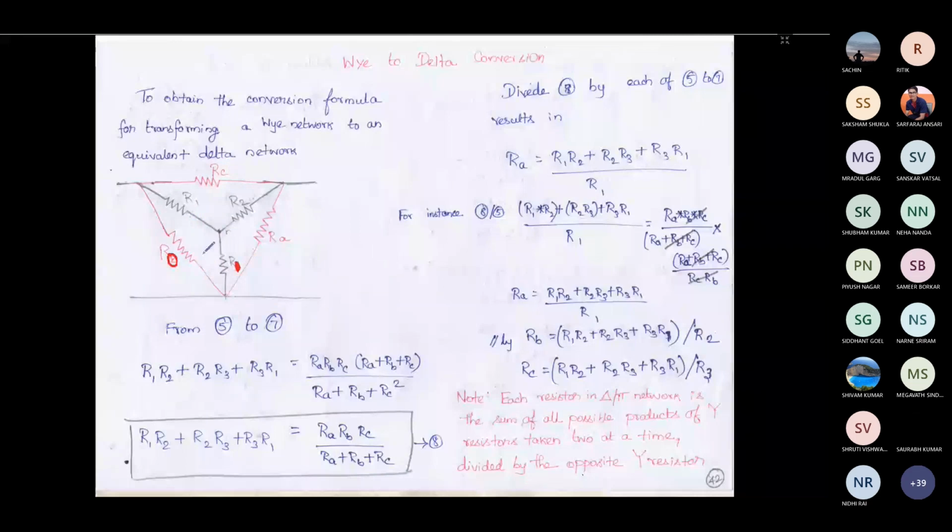You don't need to remember R1, R2, R3, and you don't need to name them. If you need to find the resistance in a star combination, you apply the methodology and the trick which I have told, so you can directly find it out. You don't need to remember what RA, RB are.